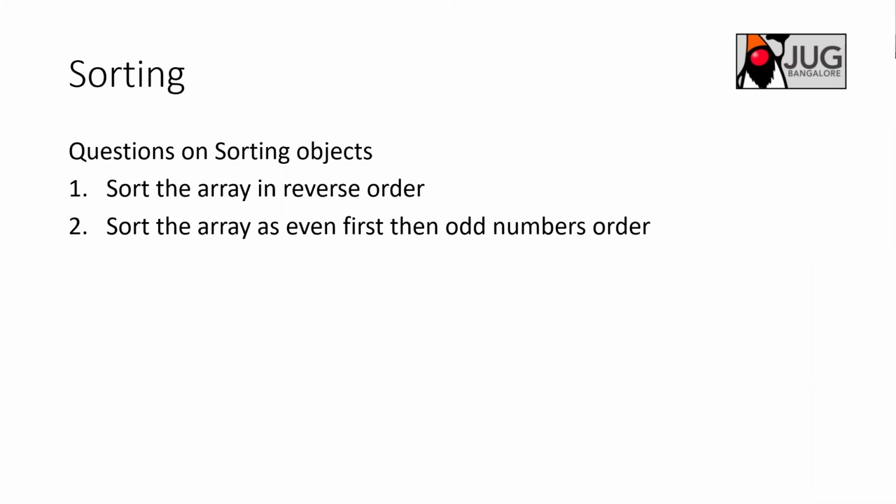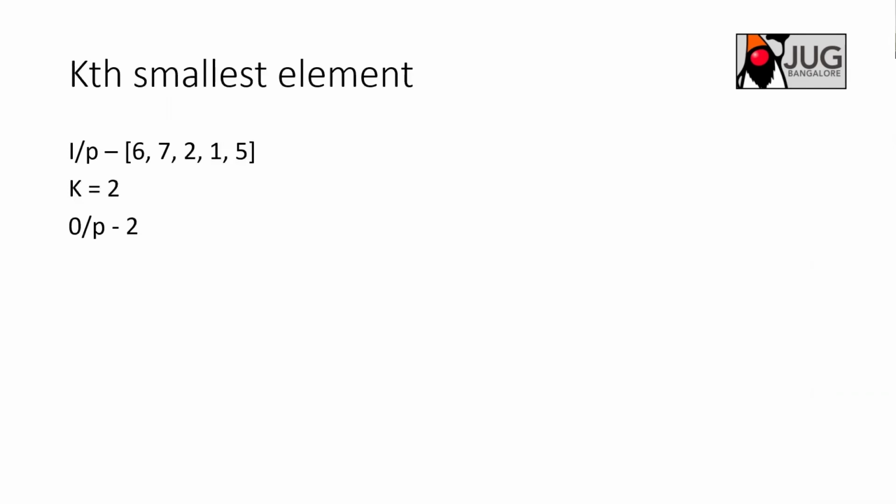So you should know how to do that algorithm. The next question that can come is how you will find the kth smallest element. Let's see that: k is given as 2 here and the input array is 6 7 2 1 5. Now you need to find the kth smallest element. The kth smallest here is the second smallest element in this array. The first smallest element is 1, the second smallest is 2, so the output is 2. It is pretty simple. You sort the array, so once you sort, you will have 1, 2, 5, 6, 7, and then you return the k minus 1th element. So 2 means the 1st index, and here I'll get 1 first.